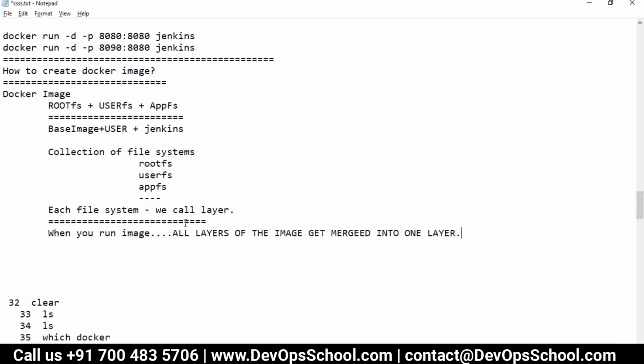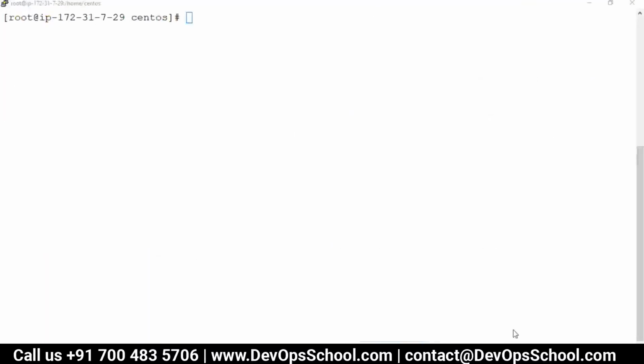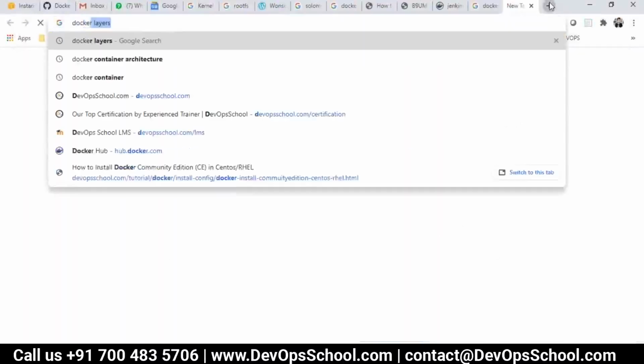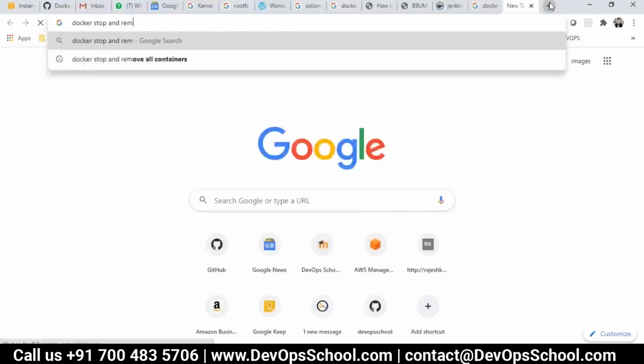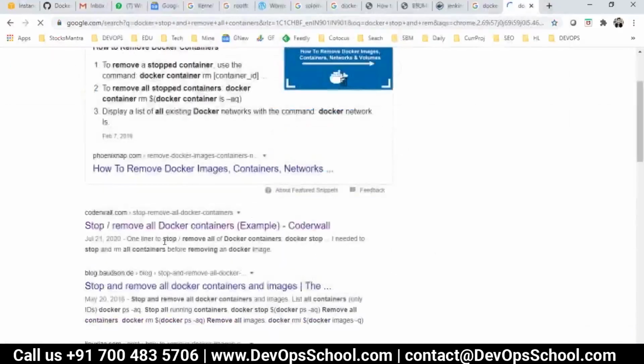Understand that all layers of the image get merged into one layer, and this one layer gets mounted to the container. That is, each container gets one mount. Now let me prove it. First thing, I am going to delete all these containers. So how do we delete them? Docker stop and remove all containers. I'll get the quick commands here.